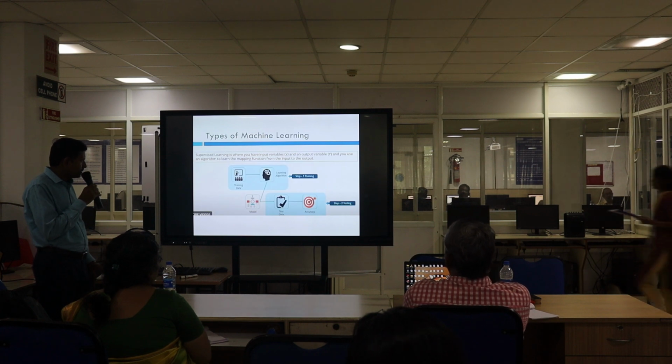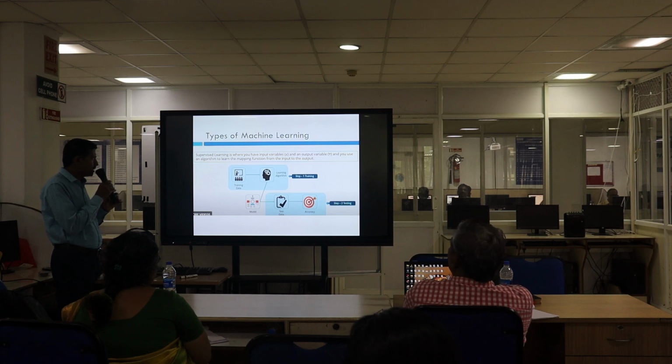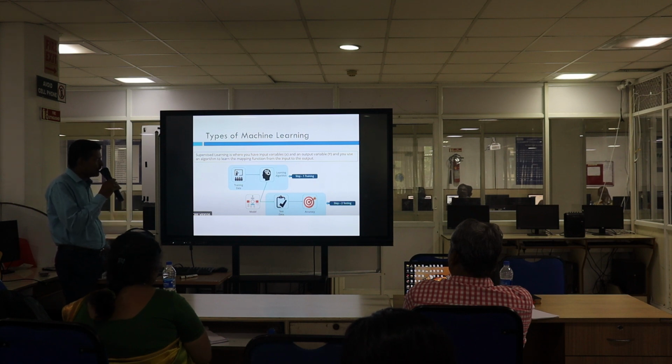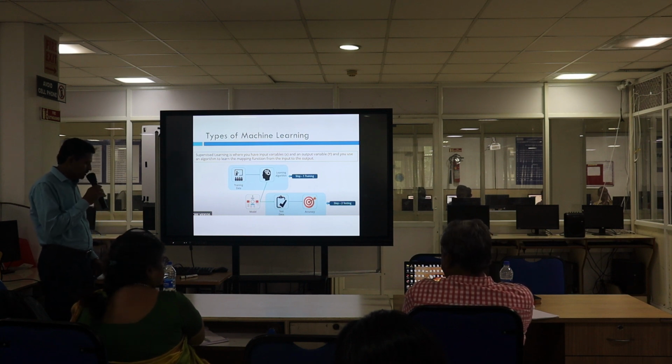For that, supervised learning is where you have input variable x. You know the definitions and all. Supervised learning has everything: rows and columns, x variables, y variables, y values, x values are there. From that you are mapping the algorithm and generating the output, predicting the output or its accuracy. So this is the general flow. Training data will be given to the algorithm. The algorithm will be given to the model. Then the model is given the test data. From that we will get the accuracy of the results.